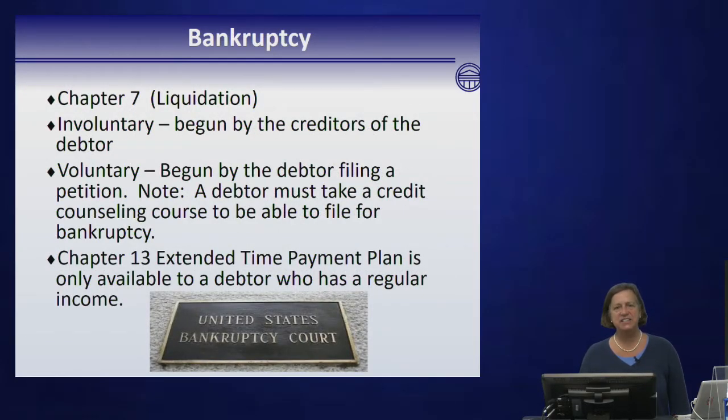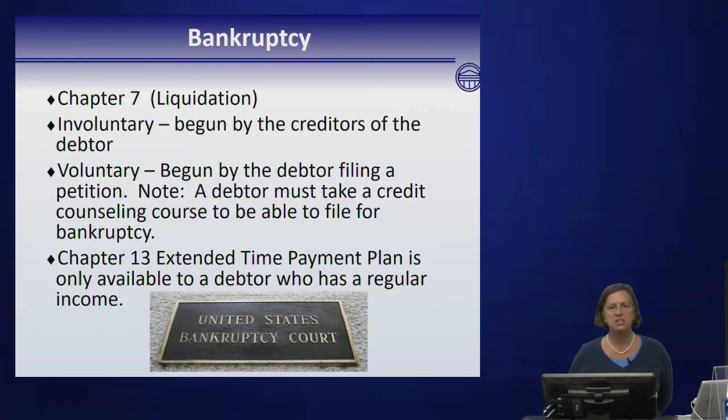And then the last topic for commercial law that we covered was bankruptcy. And these are just the basics of bankruptcy. A Chapter 7 bankruptcy is probably what you think of when you think of bankruptcy. It's also known as liquidation. Some people call it a straight bankruptcy. There are 2 ways to begin a Chapter 7 bankruptcy. You could have an involuntary bankruptcy proceeding. That is one that's begun by the creditors of the debtor, or a voluntary bankruptcy proceeding begun by the debtor